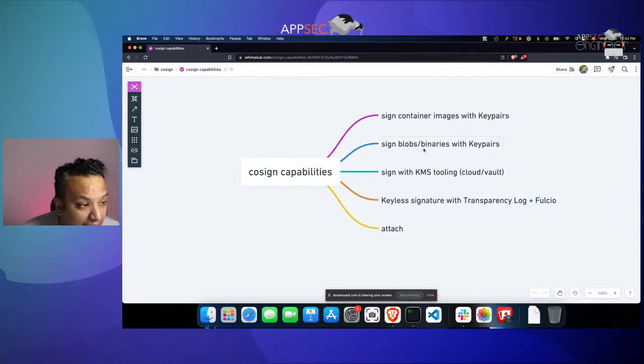Cosign also integrates with key management systems like Vault and Amazon KMS and GCP and so on and so forth. In fact, I'll try and do a demo of the Vault example as well. The other cool thing that I'm not going to be able to show you this time around